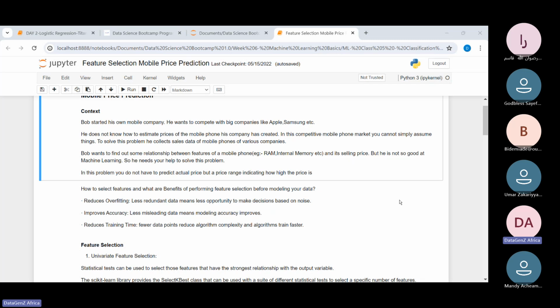The model is learning other patterns that it's not supposed to learn, and then when it has to see a real life data set, it fails, because the model learned a lot of unnecessary patterns in your data. So when you focus on the most important features, you're able to reduce overfitting, and then you improve your accuracy score. And also you can reduce the training time